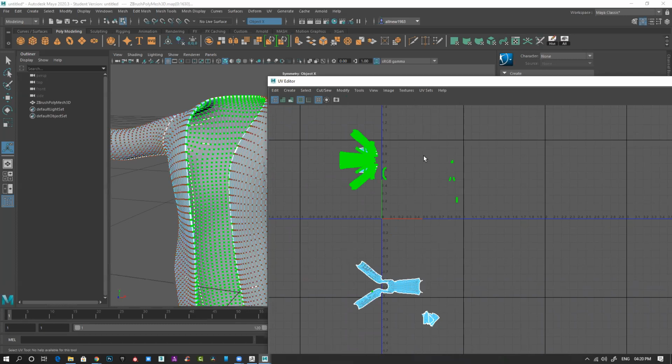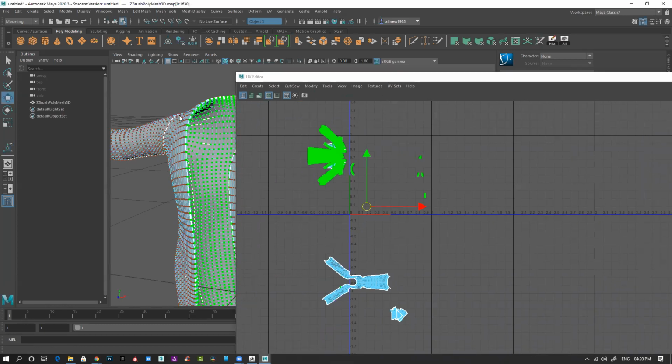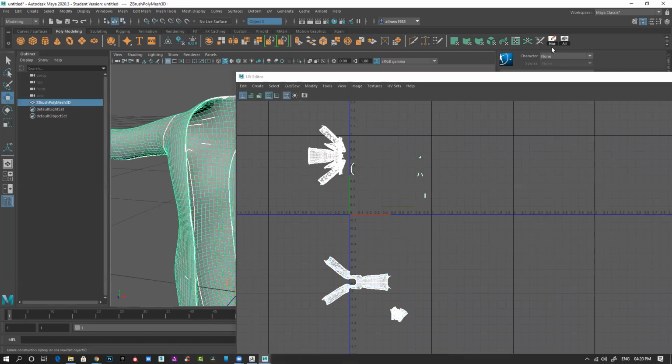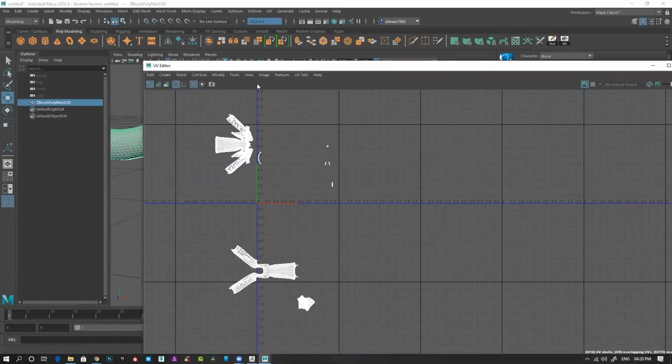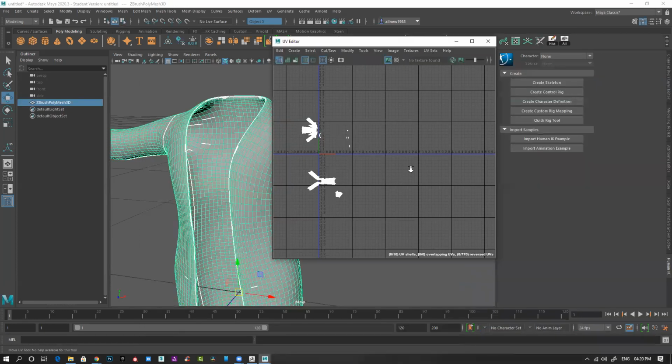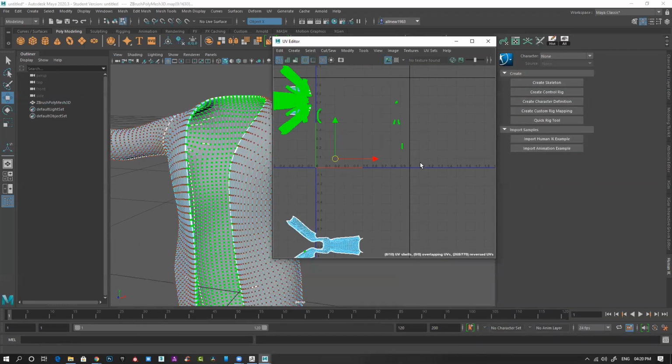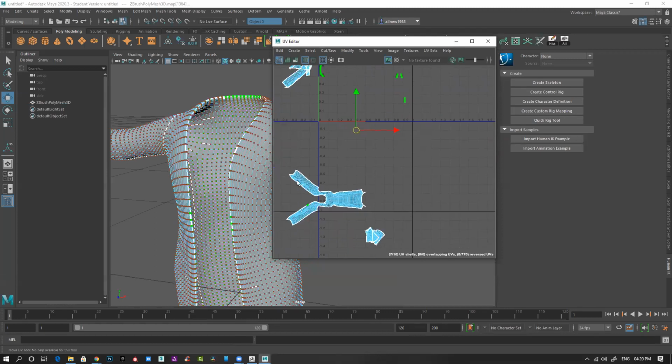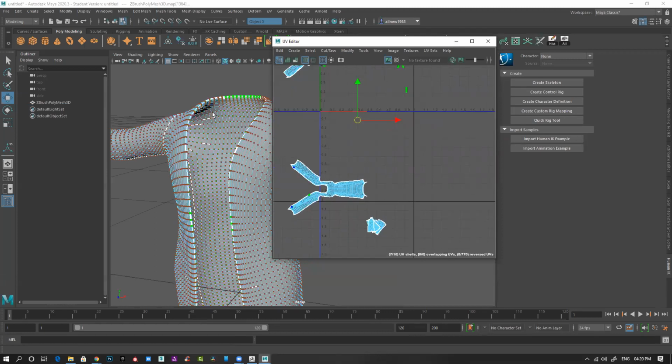Okay. Select this. Maybe this model is still slightly off, not perfectly symmetrical.